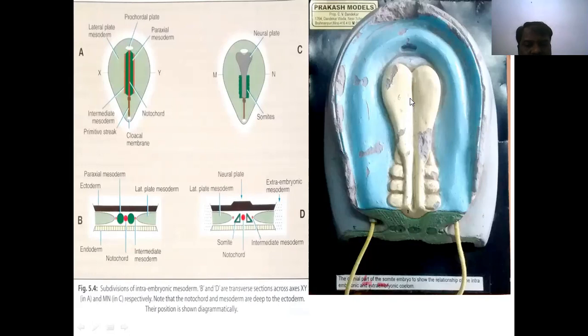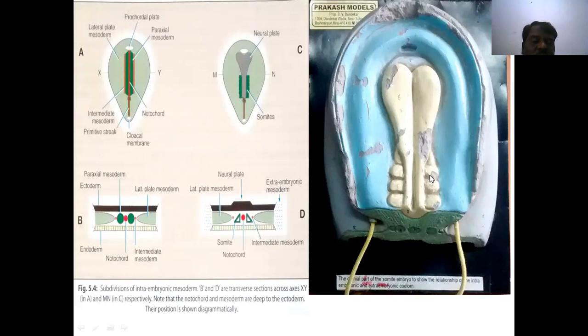On either side of this neural tube, we can identify the paraxial mesoderm. It is segmented. These segments are called somites. Somites develop from this paraxial mesoderm. There are 44 somites. These develop the dermatomes, which form the skin in the region of the thorax and abdomen. And next are the dermatomes and sclerotomes.